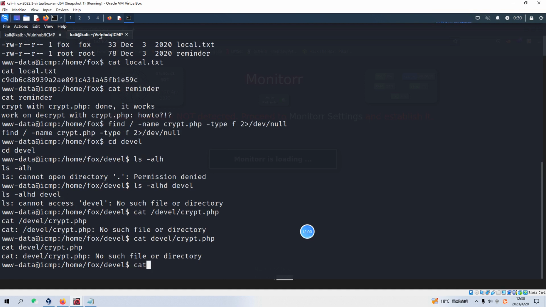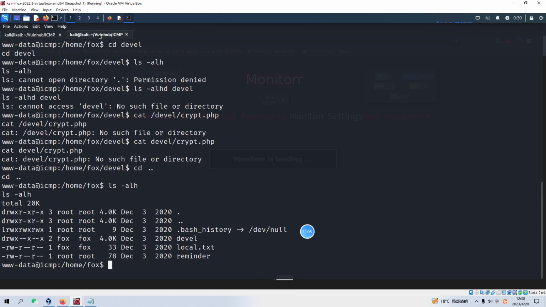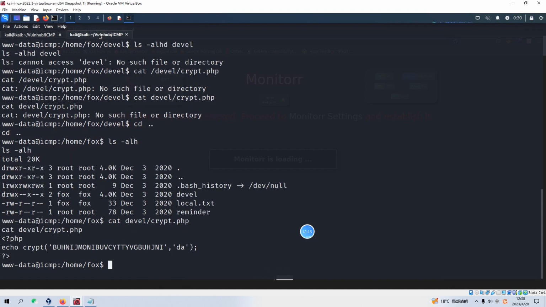Oh, sorry, cat. So we can cat devil and crypt.php. Yeah, we have already retrieved the content of this file, and this must be the password for the user